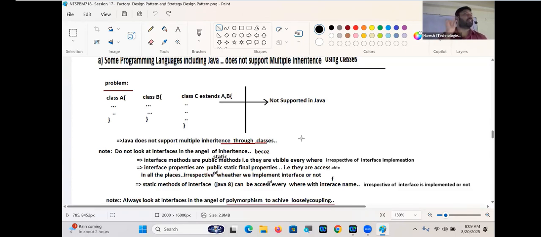So always look at interfaces in the angle of polymorphism. Don't get cheated by the syntax of what? One interface extending from two, three interfaces at a time. See, look, interfaces are supporting what? Multiple inheritance. Okay, that's what I have written. Don't look at interfaces in the angle of what? Inheritance, because